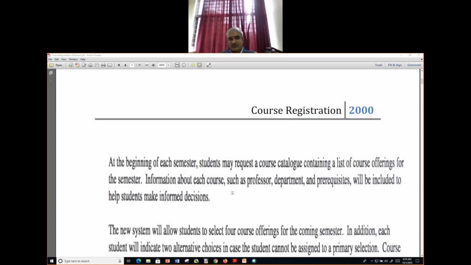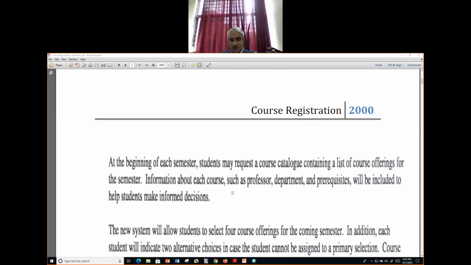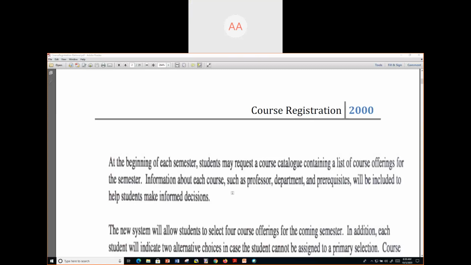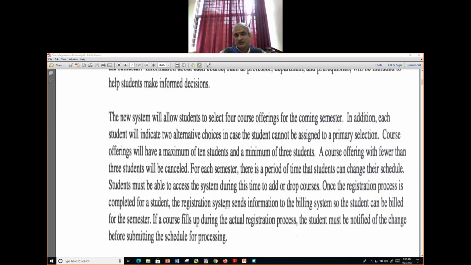Okay, Arpita. Request is a use case: request a course catalog. Sometimes the use cases are not readily named; you have to rename that. Request a course catalog, what for? Get course details. Get course details is the best use case name here. Arpita, do you agree? Get course details, gets it from the course catalog. That's good.